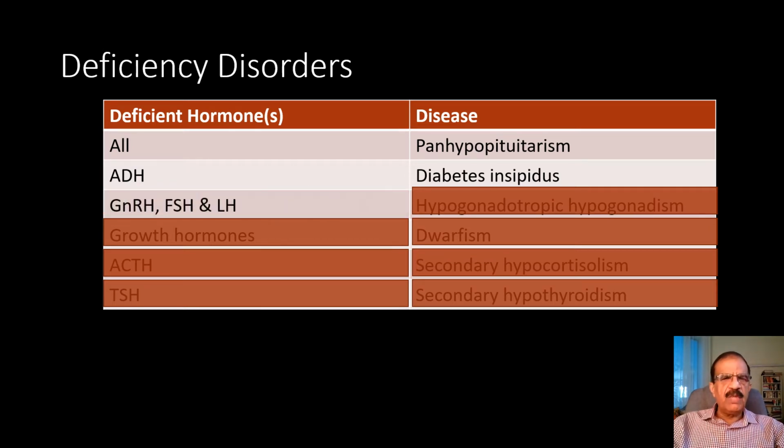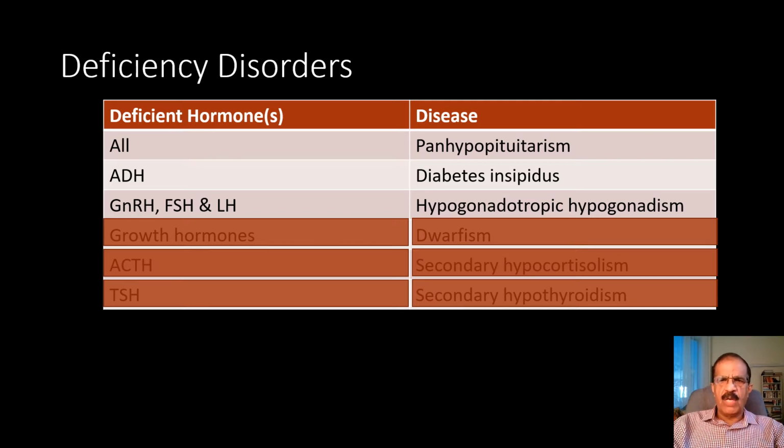Then there could be selective deficiency of gonadotropin releasing hormone or follicle stimulating hormone or luteinizing hormone. It could be part of multiple hormone deficiency, and the condition resulting from deficiency of these gonadotropins and gonadotropin releasing hormone would be called hypogonadotropic hypogonadism. Now this word is a little tricky, but you need to understand